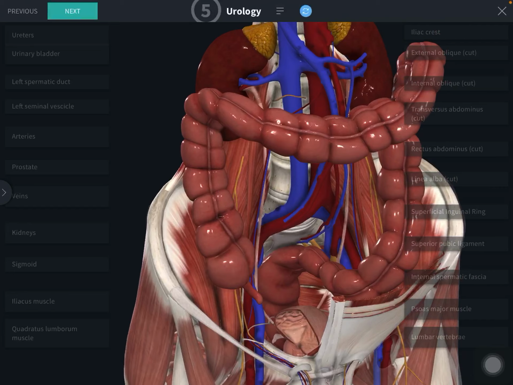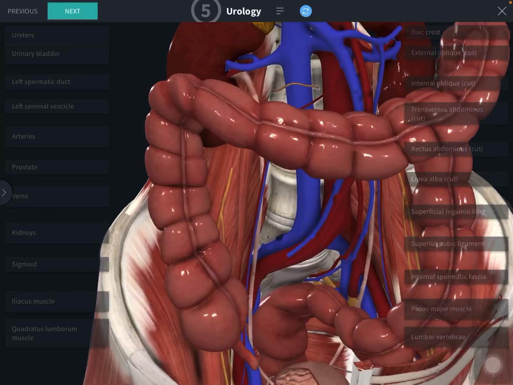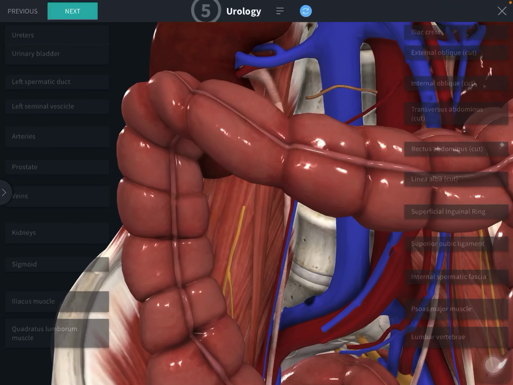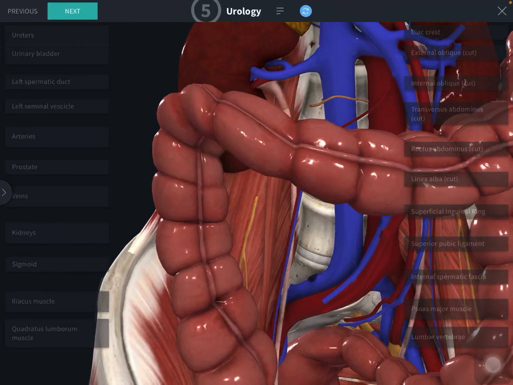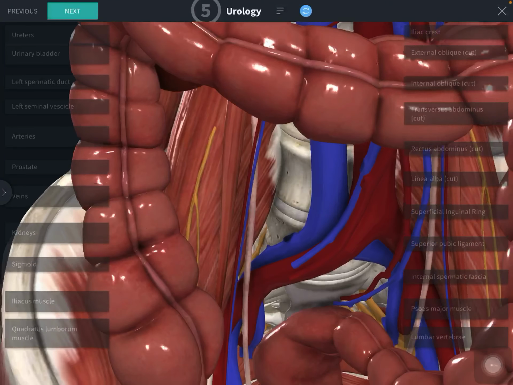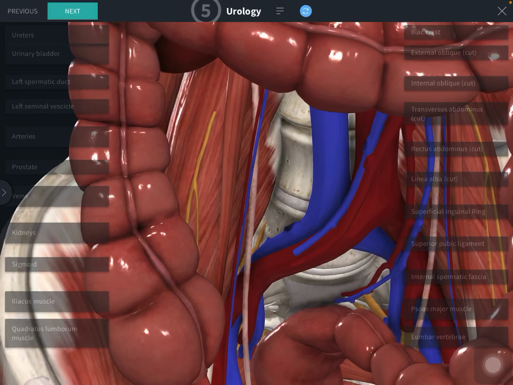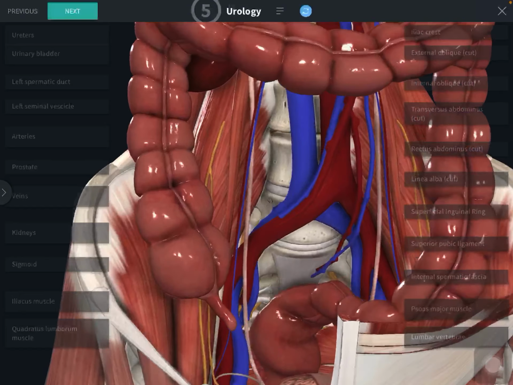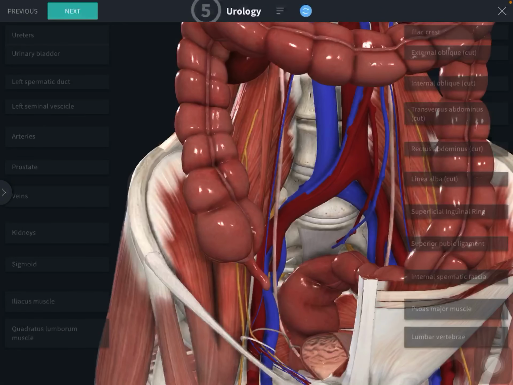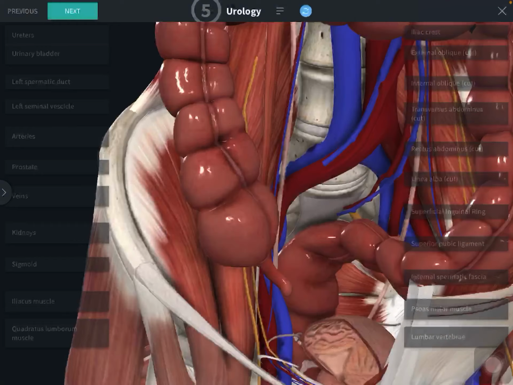Where are the three constrictions? One is at the pelvis of ureter and the abdominal part of the ureter joining, that is the pelviureteric junction, which corresponds to the lower pole of the kidney. Second, at the pelvic brim, where it crosses the bifurcation of common iliac artery. Third, at the point where it pierces the urinary bladder. So these are the three constrictions usually present in the ureter.